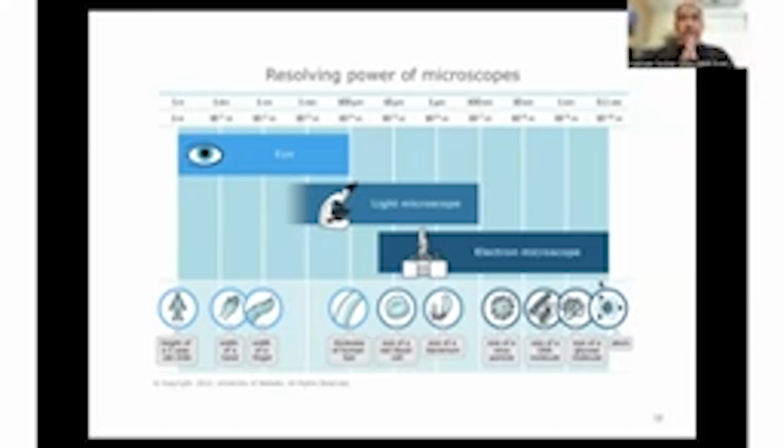Also, as I said, the beam of light, or the beam, because it's not just light, it could be, say, electrons that you're using to illuminate the sample, has a significant effect on the quality of resolution, because light has a certain wavelength, and that ensures that it will be able to only separate two objects that have a separation that is more than the wavelength of light, right? So if they are really, really close, chances are the wavelength of light becomes limiting in being able to resolve these two objects.